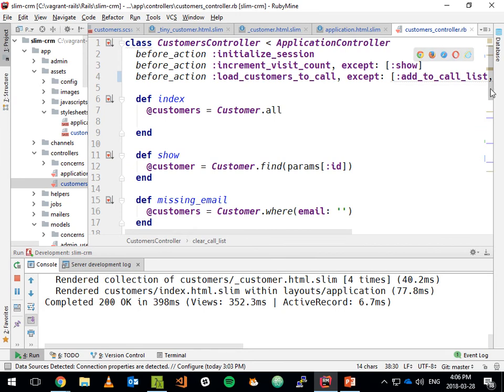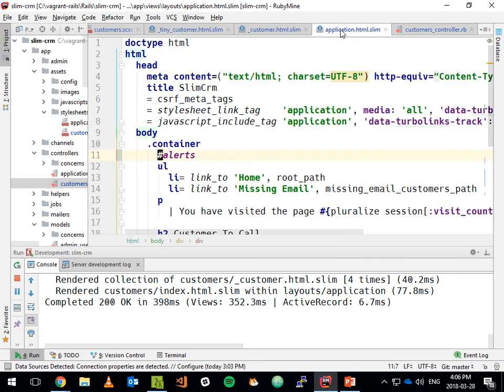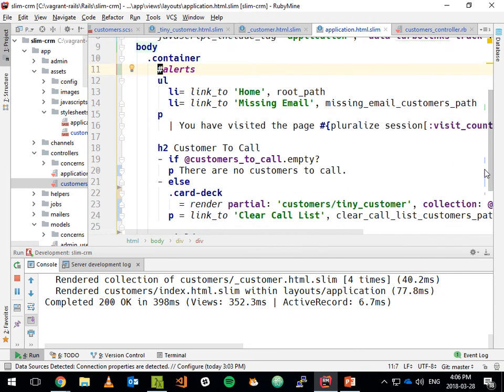And then I have some before action callbacks that do things like load up the customers to call before the index action. That puts into the customers to call instance variable, I use my session, the array of customers that are in that session, to find all those actual customer objects, and that gets sent off to my view, and that's what gets displayed by way of the layout, if we were to look in the layout here,